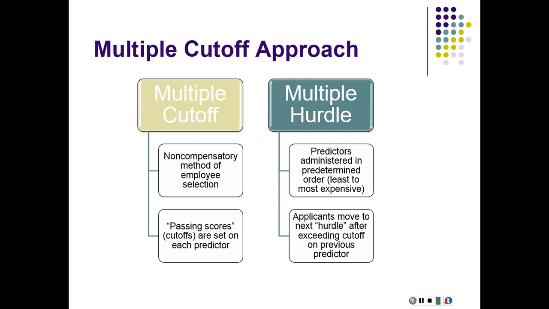technique. In the multiple hurdle, we'll do these sequentially. In the multiple cutoff, we might do them simultaneously. So you administer everything and then weed through everybody in the multiple cutoff. In the multiple hurdle, you do it sequentially from the least expensive to the more expensive